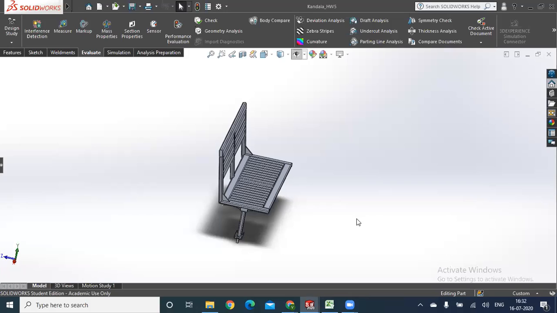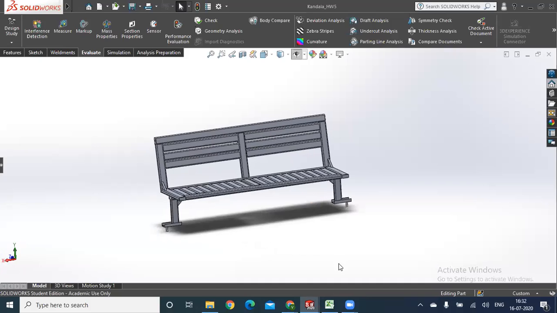Then the next requirement was weight. So as per the prompt, this ensures that this can bear the load of 1,000 pounds, which is much more than